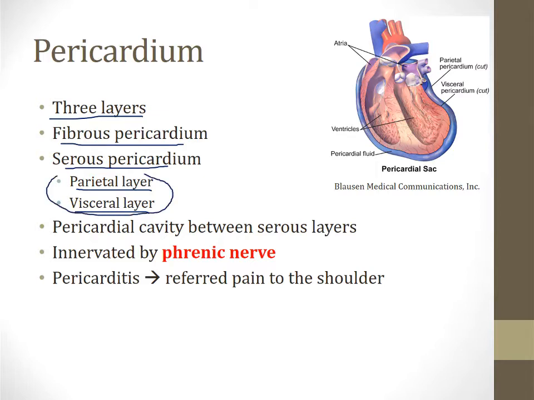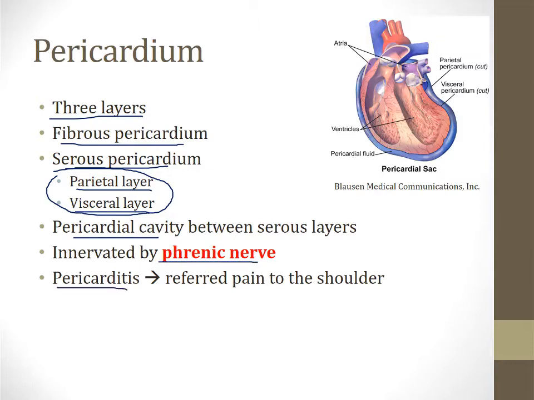Between these two layers, the parietal and visceral layers of the serous pericardium, is what's known as the pericardial cavity, and as we'll discuss later, this is the portion of the pericardium that fills with fluid in pericardial effusions and tamponade. The pericardium receives its sensory innervation from the phrenic nerve, and this is important because sometimes patients with pericardial